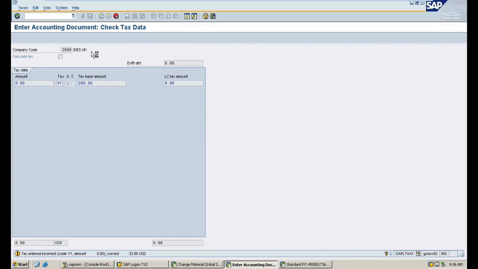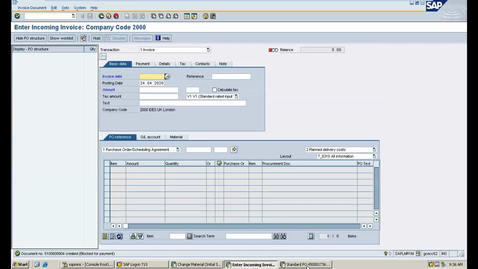See, now the system accepted the invoice. Normally, the system will not accept the invoice before posting the goods receipt. As there is no GR-based IR check in the purchase order as well as the vendor master record, the system is allowing an invoice receipt before posting the goods receipt. Okay, the document has been posted.